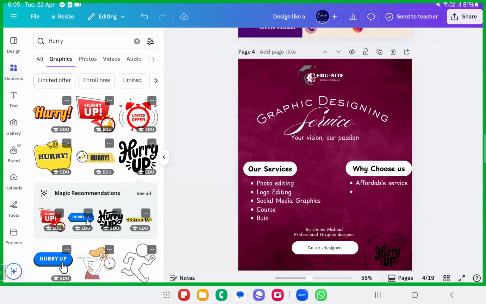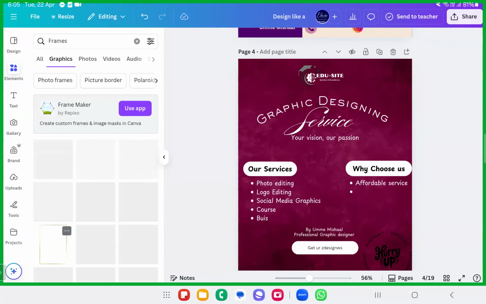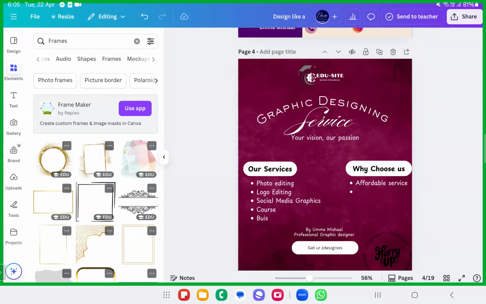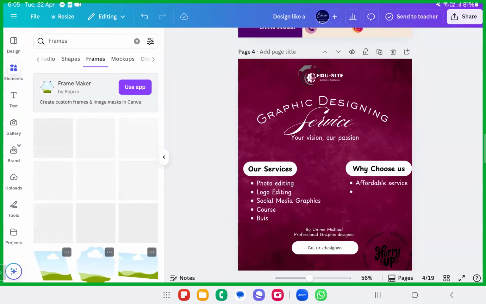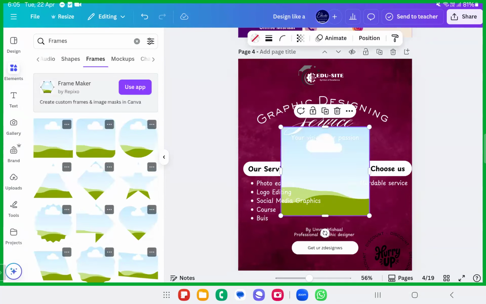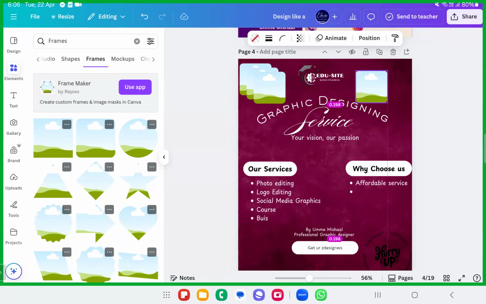For example, I'll take the frames. I'll place my designs here itself. For example, in this pattern, I'll take this one. Okay, see what I am doing? I'll just add my designs to this frame itself. One design, two design, three design here. And again I'll copy this over. I'll add 3 more designs to this. From here I'll start. I'll add it perfectly below this. Yes, now it's perfect.